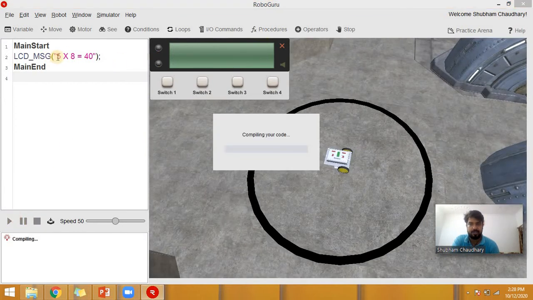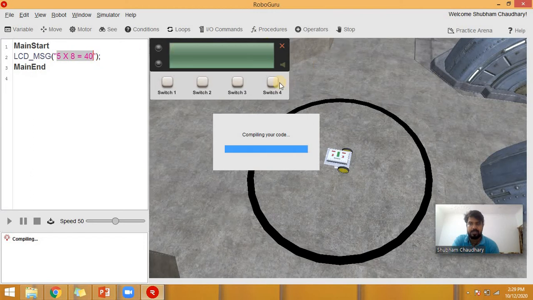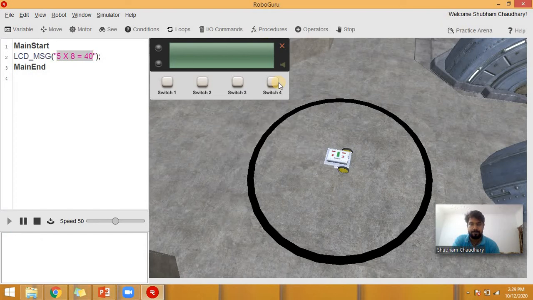You'll see that this thing will appear on the LCD screen. Correct? 5 multiplied by 8 is equals to 40.